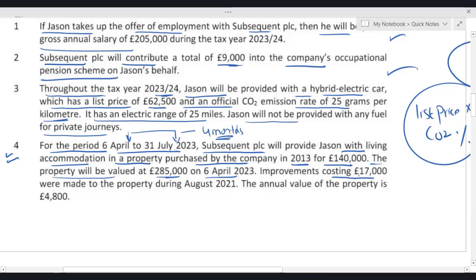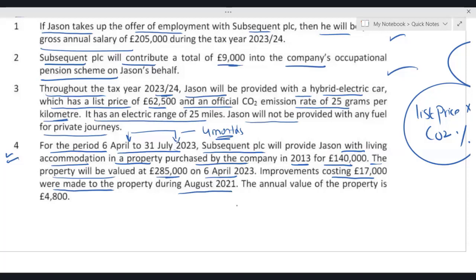Improvement costing 17,000 were made to the property during August 2021. See, the rule is, if there is an expensive accommodation which you have given to your employee, then you have to do one thing. Not the current year capital expenditure on the property, previous year improvement or previous year capital expenditure on the property will be added to the cost of the property. But now you need to understand one thing. Since this 17,000 capital expenditure was incurred before